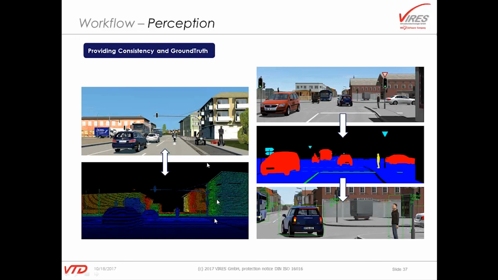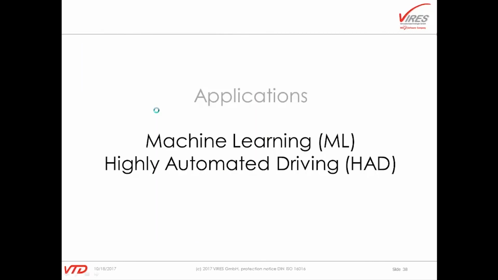I say less because these two pictures here on the left side are not from the same simulation run, and you see on the bottom the Segway, for example, is missing. But this shows you that we can also run different sensor models concurrently and provide you with concurrent and consistent information at the same time for your simulation environment.